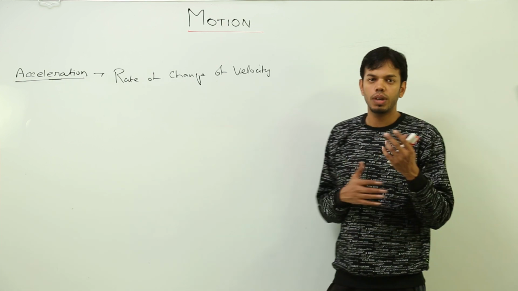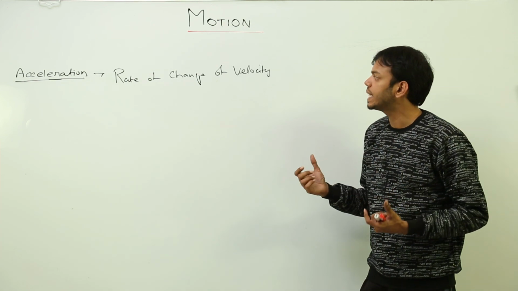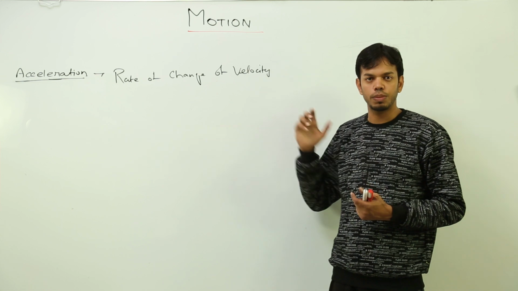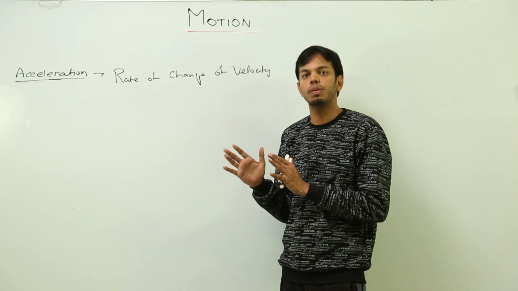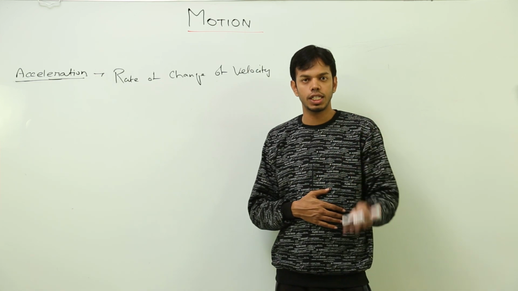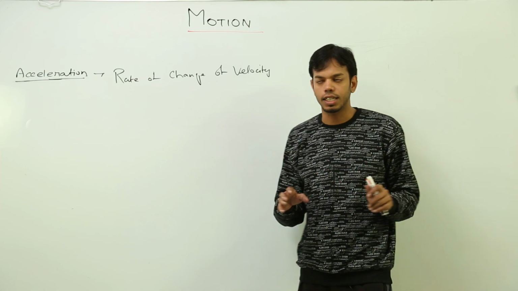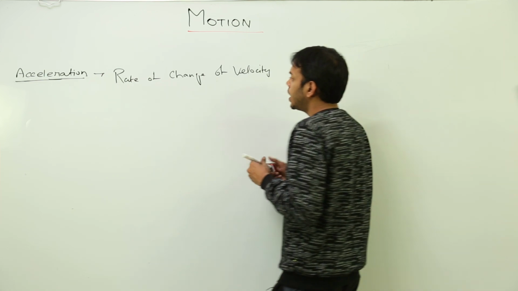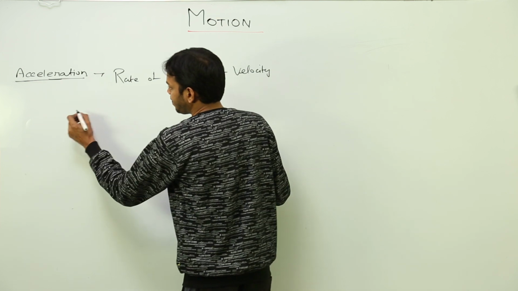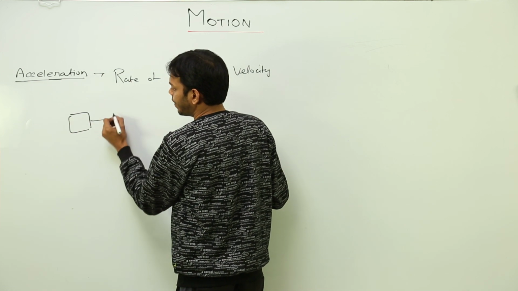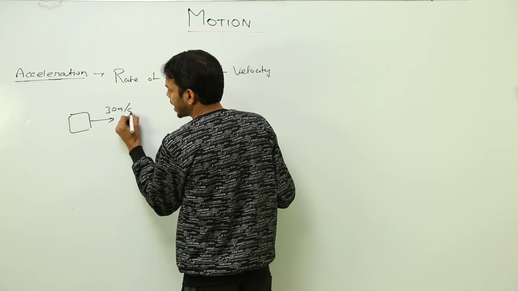You have to study the motion in one dimension, that is a straight line. So you don't have to have any problem with this term velocity or speed, right? The concept is clear. Speed and velocity will be the same till the object is going in a straight line, unless and until it changes its direction, right? Now let me proceed. Rate of change of velocity means an object which is traveling at 30 meters per second,